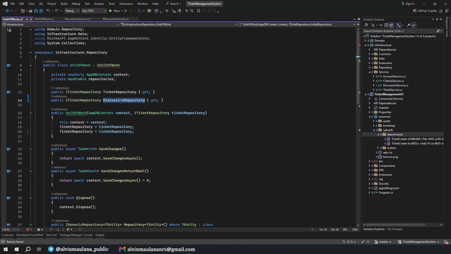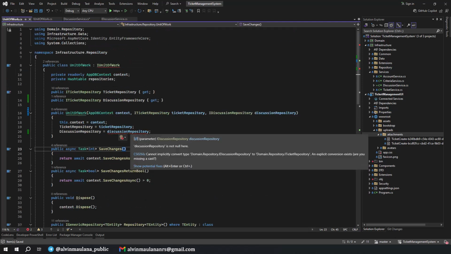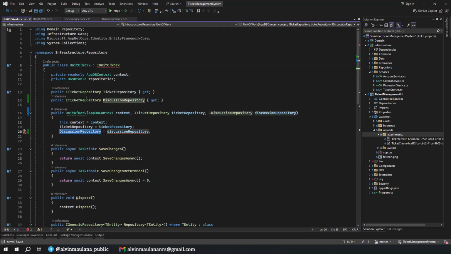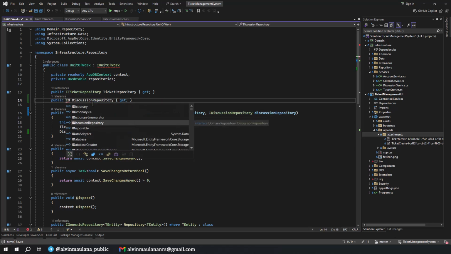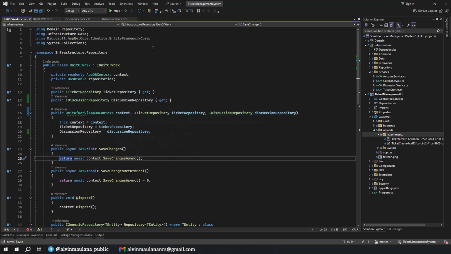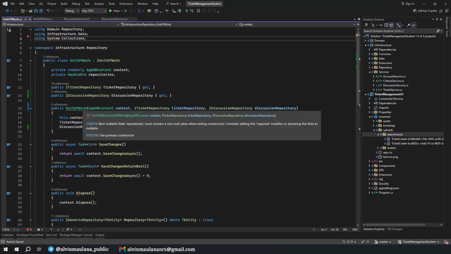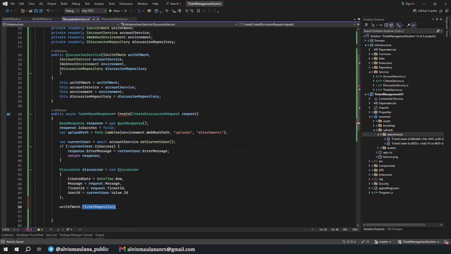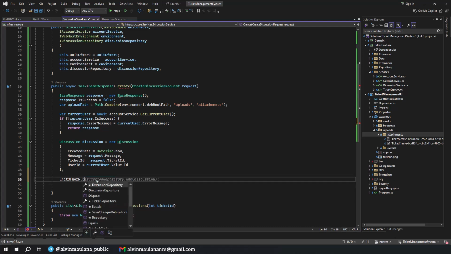I duplicate it. Discussion repository. Oh, this one we need to have I discussion repository, and use this one. Okay, why still error? Cannot enter discussion. Oh, this one should be I discussion repository. Okay, sorry. Now should be fine. We should be able to use the discussion repository here and add discussion.